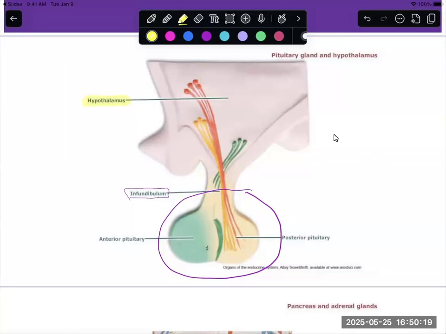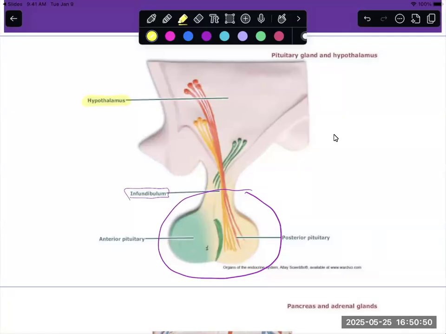These releasing hormones, like thyroid releasing hormone, go down to the pituitary gland, which causes the thyroid gland to release its hormones, but it also has inhibiting hormones that prevent thyroid hormones from being released. Just as an example,